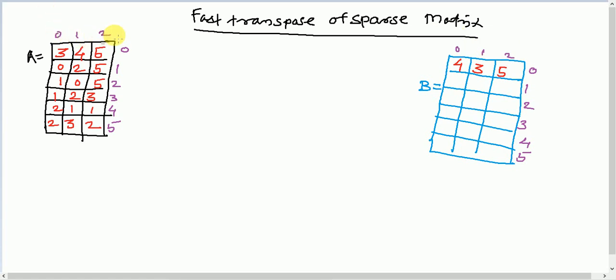Now the process is that first of all we will find the number of elements in each column of matrix A. That is the first step.